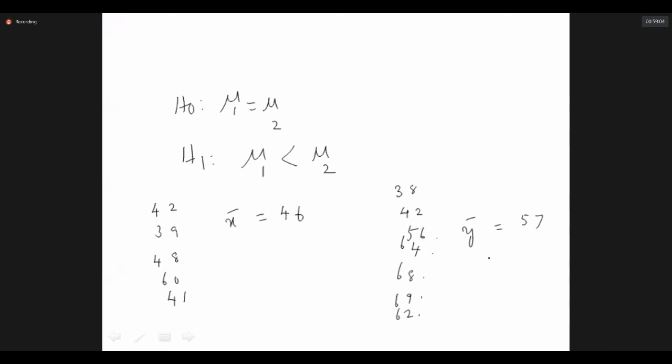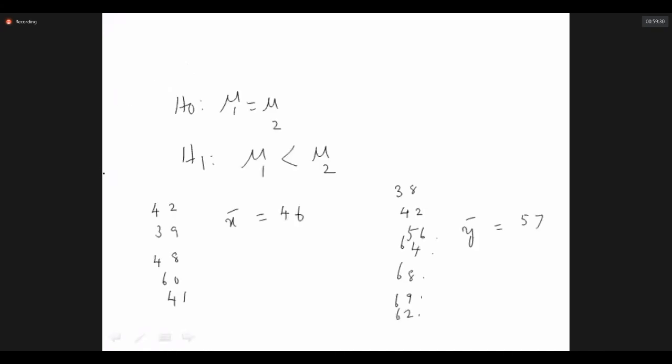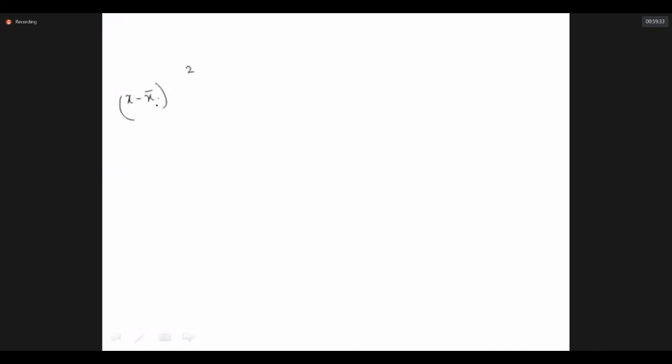Now next column I am writing X. For the first set I am taking X minus X bar whole square. I took x1 bar, is it? Or y bar I took, okay, all right, nice. So x minus x bar whole square. Next you will find y minus y bar whole square, I already showed you.